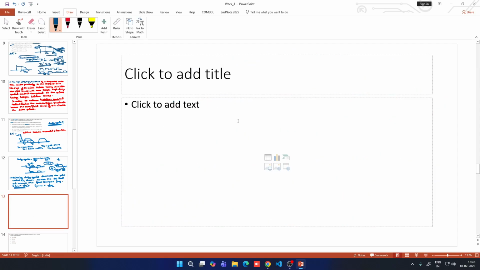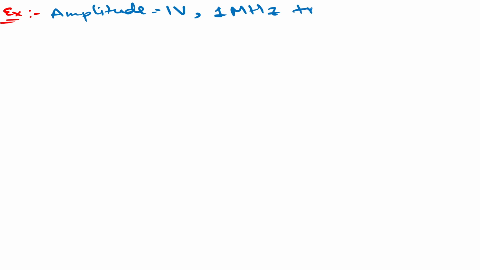So if you want, I can give you one example that the professor has solved in class also. I'm just giving one example of how changing this duty cycle affects the breakpoint frequencies. So for example, let's take one trapezoidal pulse train whose amplitude is 1 volt, and this pulse train is a 1 megahertz trapezoidal clock. Okay, so we are taking a clock signal, 1 megahertz trapezoidal clock,